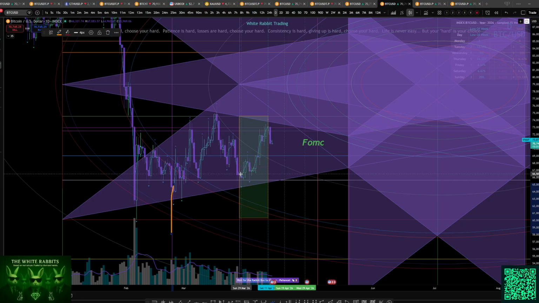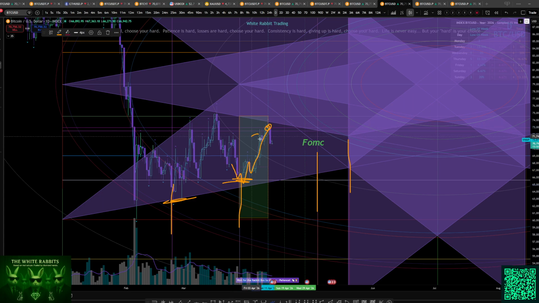By the way, if you want to know how to draw this, you can check out my video on how to build the time price chart. What we do here is watch for when price meets time. When that happens, we look for reactions or reversals. The last price time cross was down here at the lows around 65K. That's where I longed, and I held that long up into this high where we took some more profits while